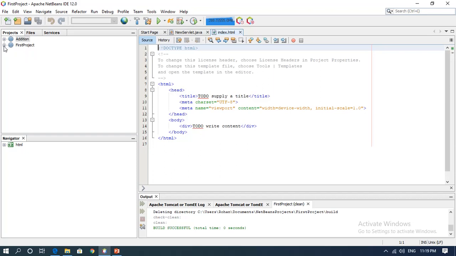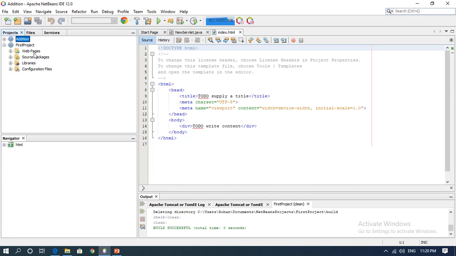Now, if I expand this, I'm having 4 subfolders created in this. Now, what these subfolders are going to have, I'll simply explain in short. This is the first subfolder, that is Web Pages. These web pages are basically going to have your HTML, CSS, PHP, JavaScript files.